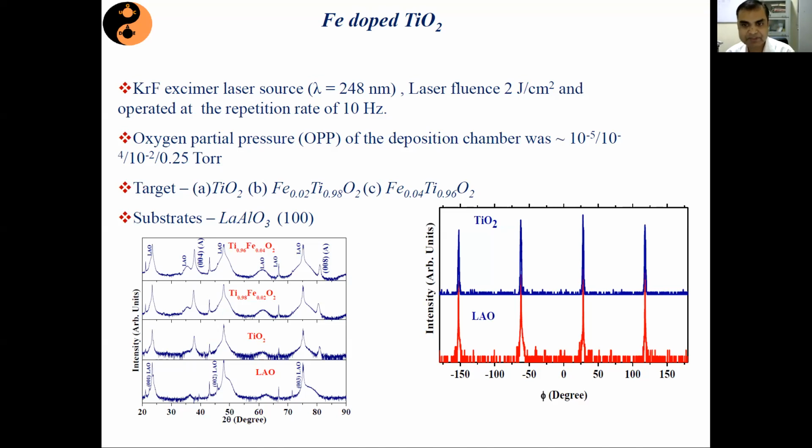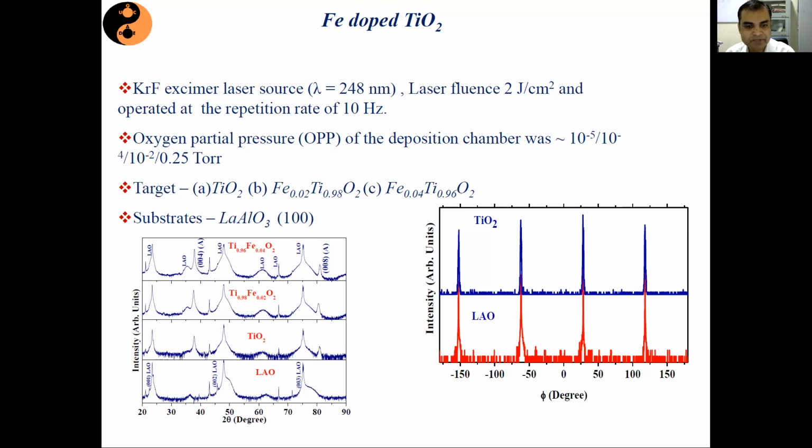As well as the substrate lattice parameters. So the phase is different from the stoichiometry. TiO2 has a stoichiometry of 1:2, Ti1 oxygen 2. That is a stoichiometry that is maintained in the film, but the phase is not maintained, because we know that